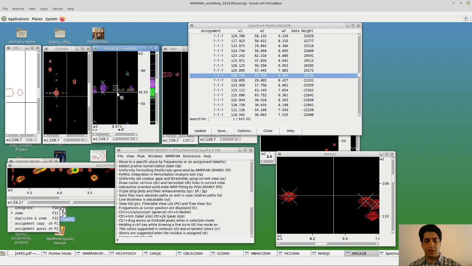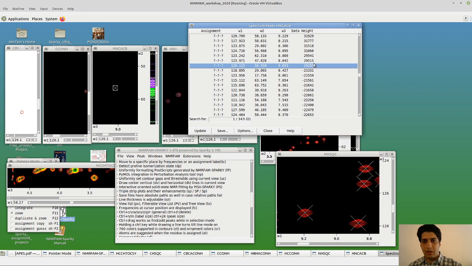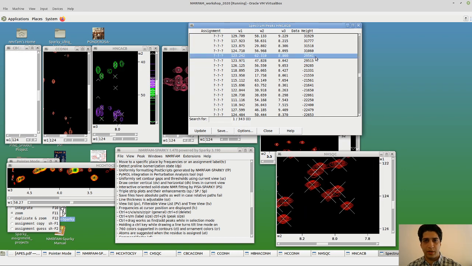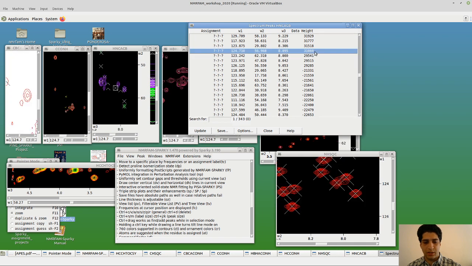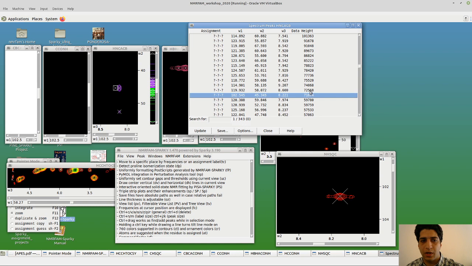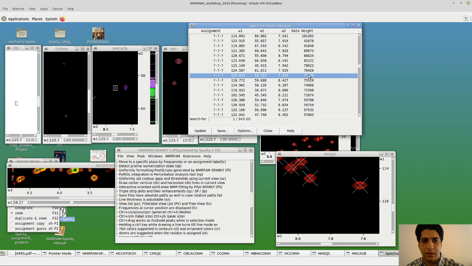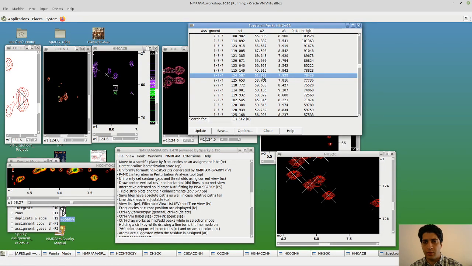This is not a peak. Delete. Next one. Not a peak, and so on. You can do the same thing, so go up this list until you see an actual peak. Let's see, we can go higher, higher. Okay, I'm going to stop here, and we want to delete every peak that is smaller than this value in